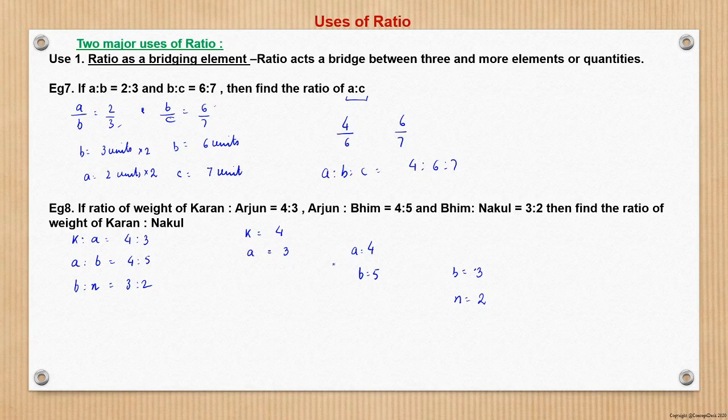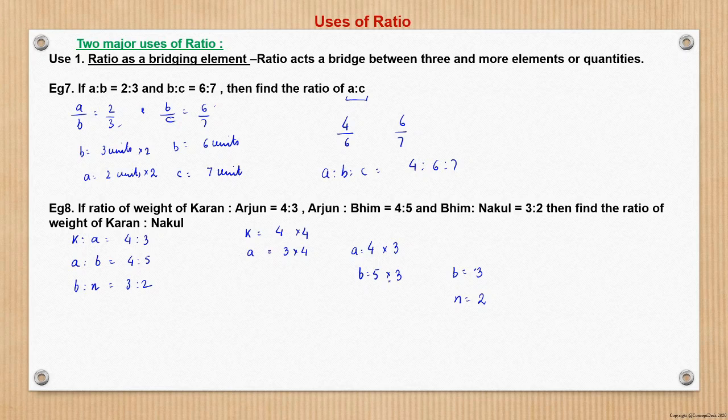First, A is common and B is common between second and third equation. So we will first equate A. So A here is 3, here is 4. So here we multiply by 4. If you are multiplying A with 4, then K also will multiply by 4, right? So here A becomes 12. So here also I have to make it 12. So I will multiply this with 3. Since I have multiplied A by 3, B also I multiply by 3.